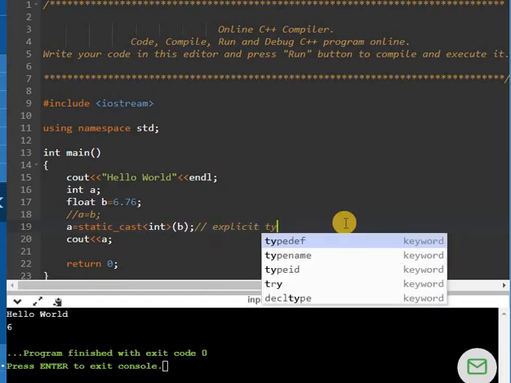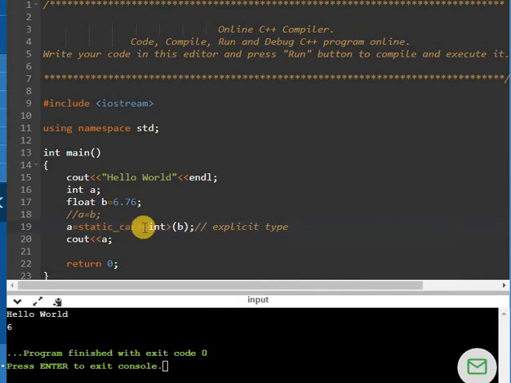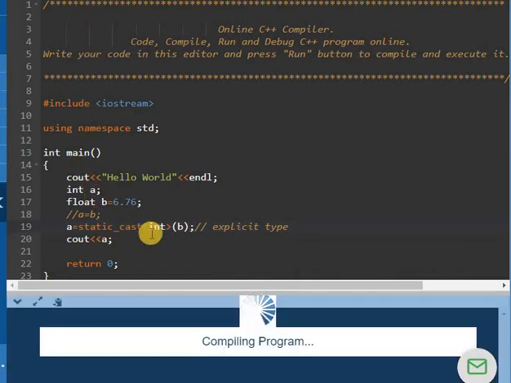All the rest of the type conversions, like dynamic cast, reinterpret cast, and constant cast, we were using with pointers, or with constants also. But in case of normal variables, to specify the explicit cast to the compiler, you have to write the static underscore cast keyword here. So this is the typecast operator used in advanced C++. Again, if you run this program, you will get the same output.